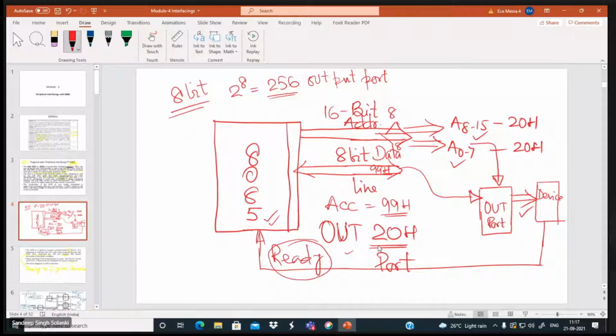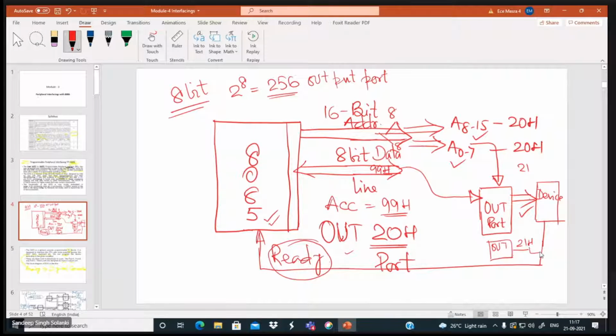Sir, I didn't understand. See, one of the devices you are using, I have a problem. The problem is that I am also having one more port, and that port is having its address as 21. Another port I have, which is having its address as 21.